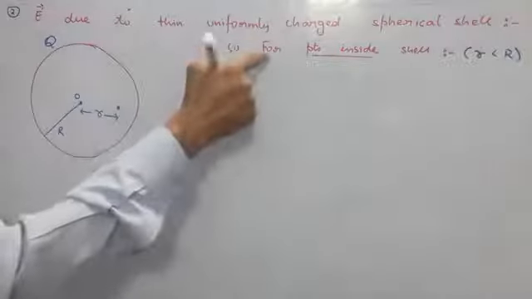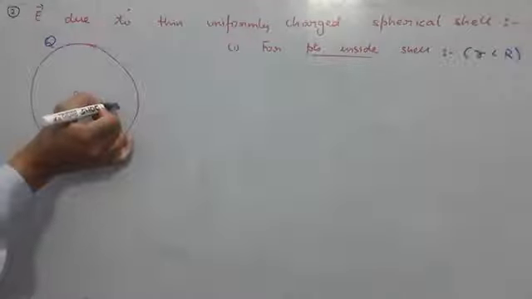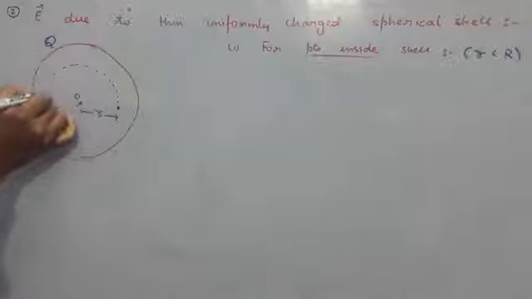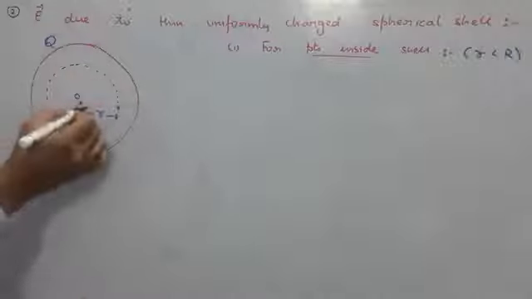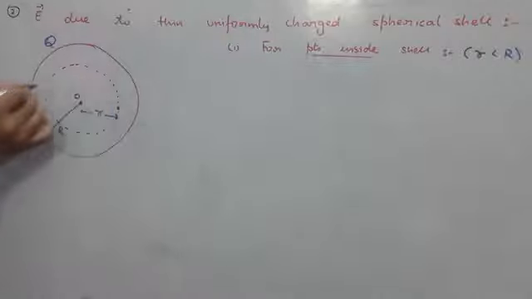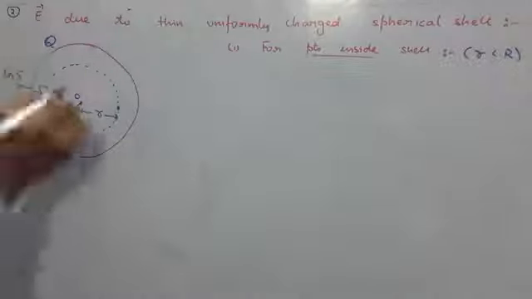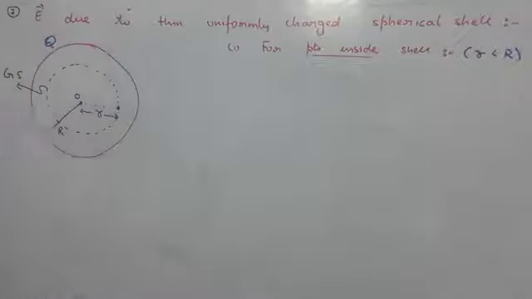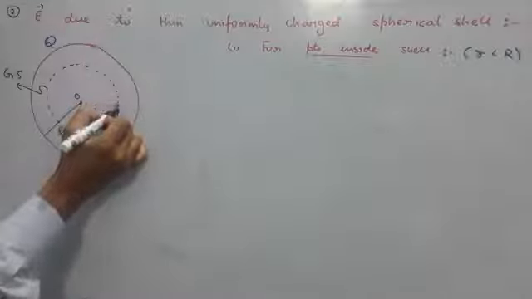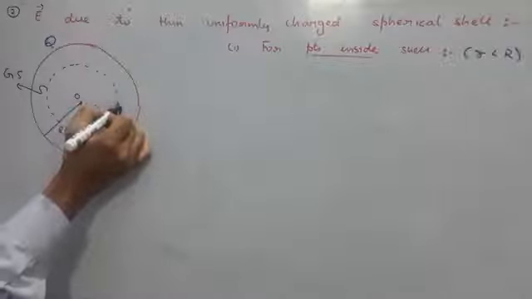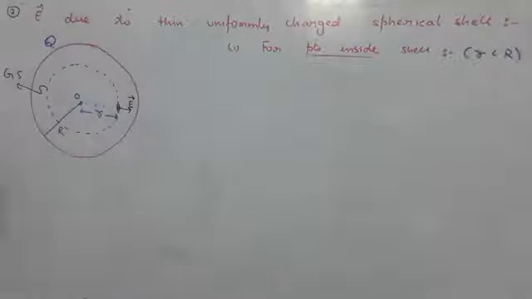At this point, we wish to find the electric field. So this is our case 1. We wish to find electric field for points inside this cell. Symmetry says that we should construct our Gaussian surface in the form of a sphere centered at the center of this spherical cell like this. So this is our Gaussian surface. Radius of this Gaussian surface is how much? That is r. If electric field is present, then symmetry says it must be directed, if you choose an element over here, like this. E vector along radially outward direction.